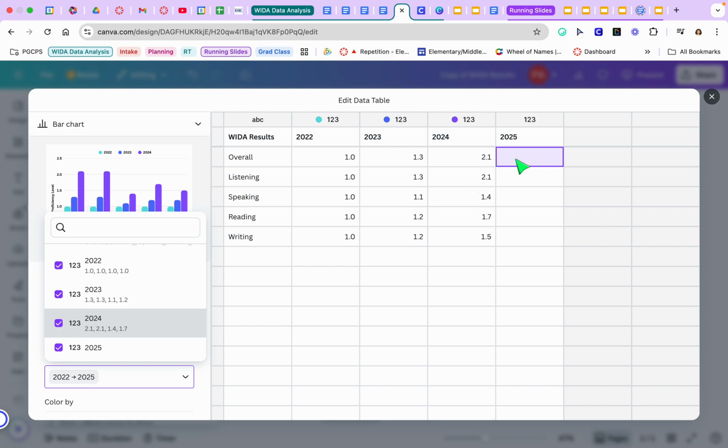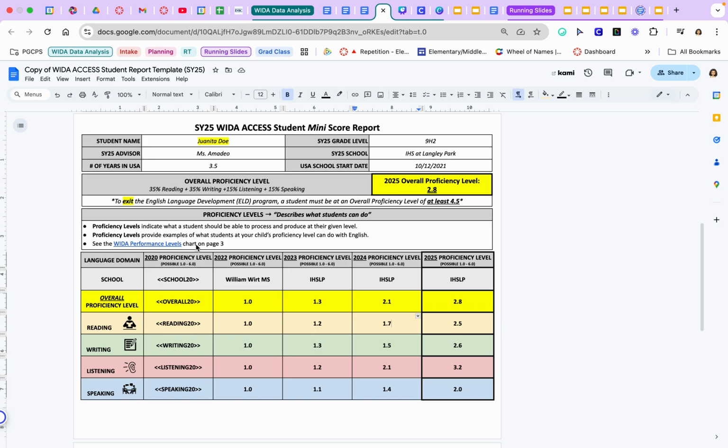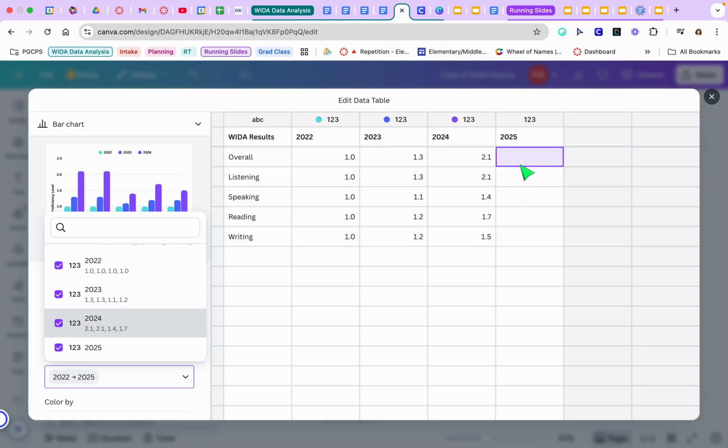I'll show you how to do it. First I'm going to be looking for overall in 2025. So let me go back to my scores. Okay, overall, that's bright yellow, and I want 2025. My school was IHSLP, and my score overall was 2.8. All right, so let me go back to Canva, and I'm going to put in 2.8,